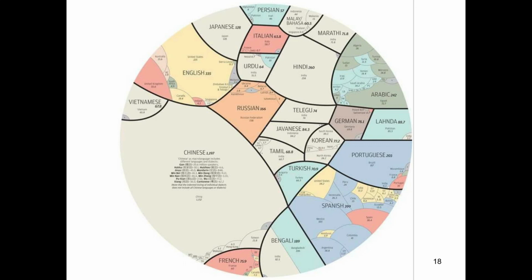Similarly, language wise, just see, if you put Indian languages, Marathi, Hindi, Telugu, Tamil and Bengali, and if we club all that, then definitely we can compete with China. Indian languages. That's how they have distributed it language wise.